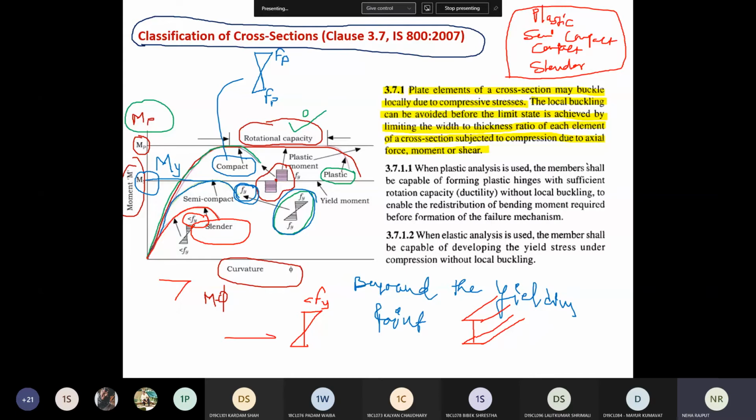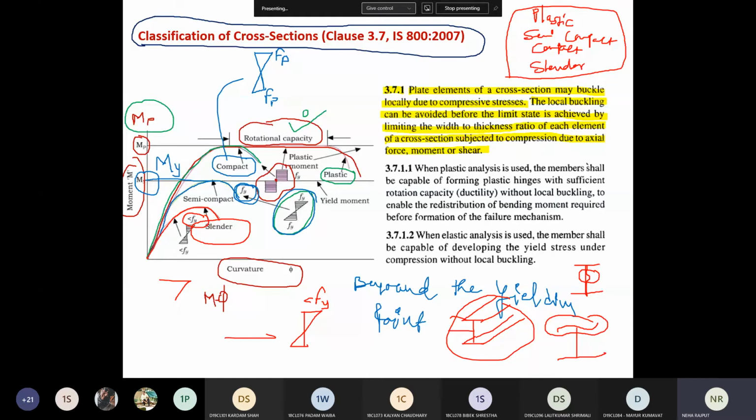Part of the I section is, this is flange, this one is web. तो क्या होगा? सपोज ये आपका जो फ्लेंज है ये ऐसा डिफ्लेक्ट होगा, राइट. समवेयर अगर आपका ये वेब पार्ट है तो वेब पार्ट ऐसे बकल हो जाएगा, यहाँ पे ये बकल होगा, राइट. So whole section will not fail, but either flange or web will fail. तो वो फेल नहीं करना है तो आपको क्या करना पड़ेगा?